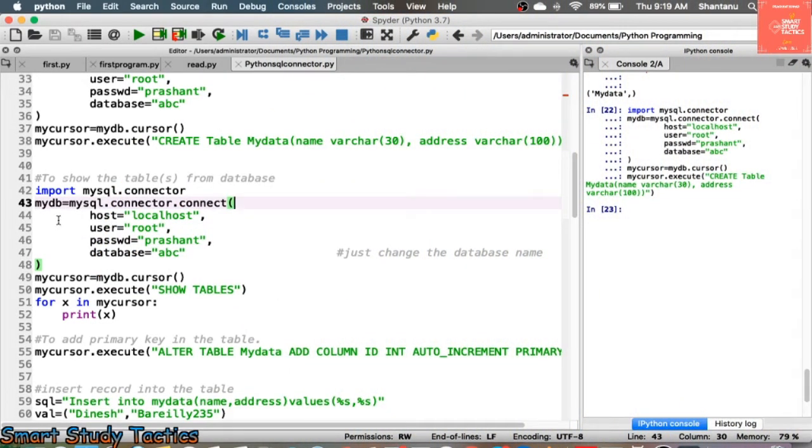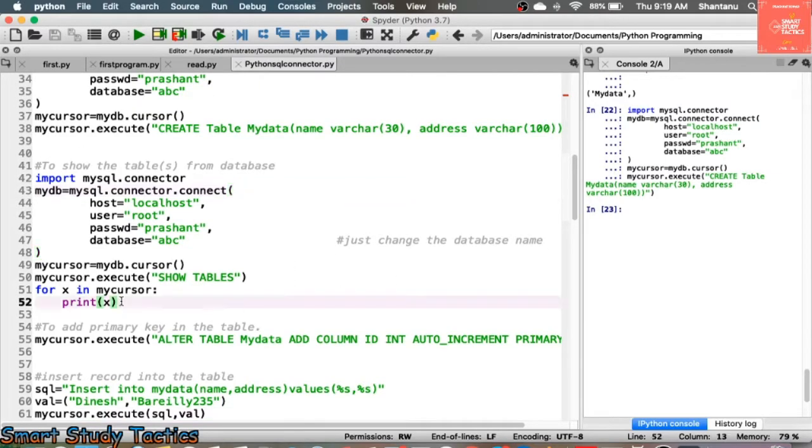Today we are going to learn how to insert the data, how to fetch the data, and how to manipulate the data. Yesterday we talked about the Python to SQL connection, how to create the database, how to create the tables, and how to show the tables. Similarly, I am going to start from that particular topic only.